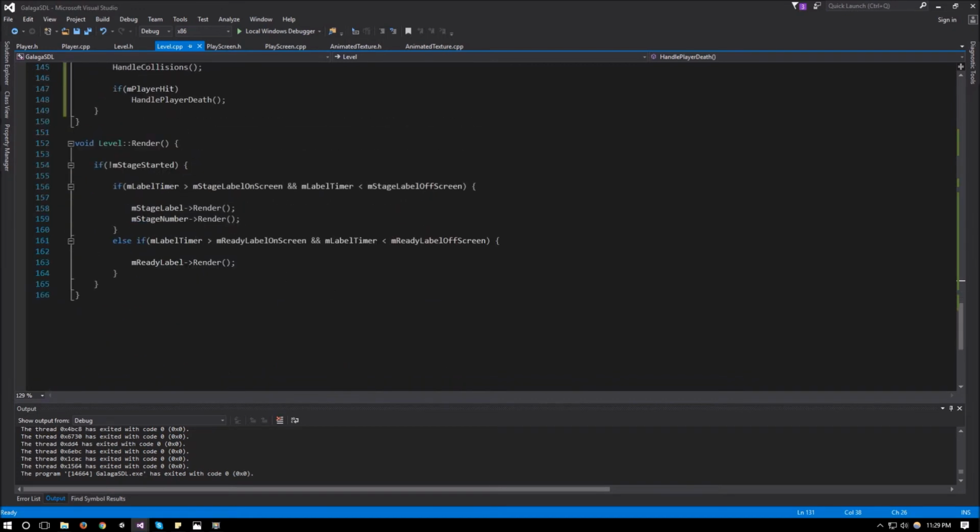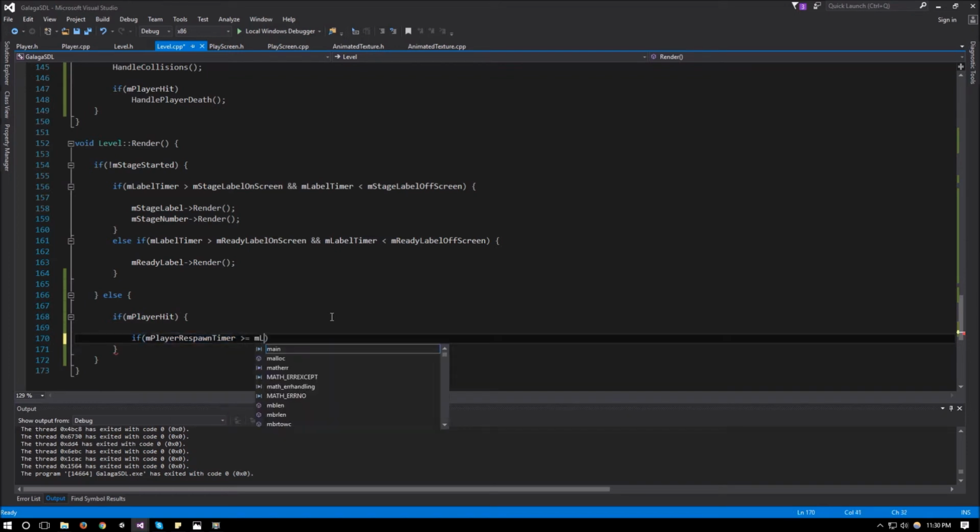Now, if we go down to our renderer, what we need to do is to handle the labels that we need to show. And for that, we will do an else for the stage started. So if the stage hasn't started, we're dealing with these labels. Else, we need to deal with the player's respawn labels and the game over label. So we can say if the player was hit, and then if the player respawn timer is more than or equal to the respawn label on screen, so the player respawn